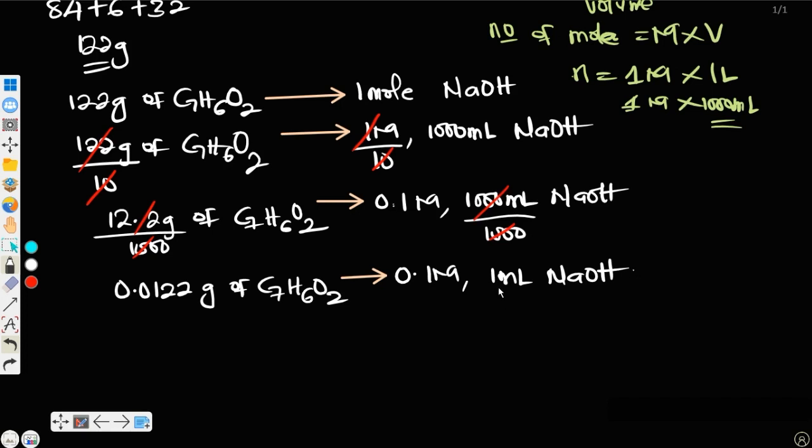So it means for every 1 ml of 0.1 molar sodium hydroxide, this is the amount of benzoic acid that will react. Do you understand? For every 1 ml of 0.1 molar sodium hydroxide, this is the amount of benzoic acid that